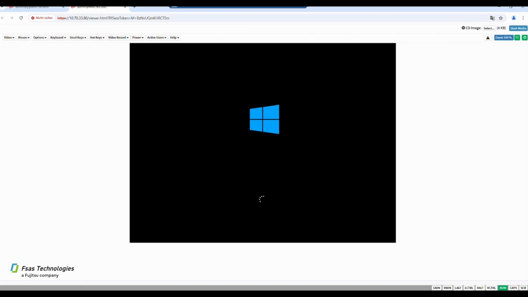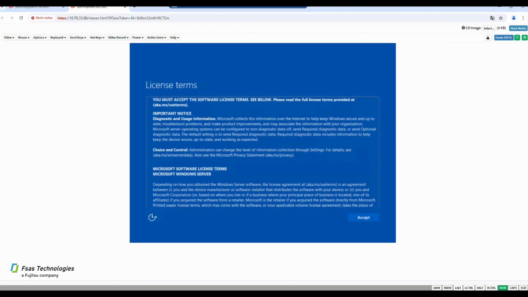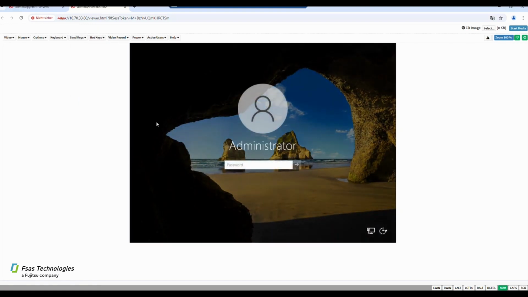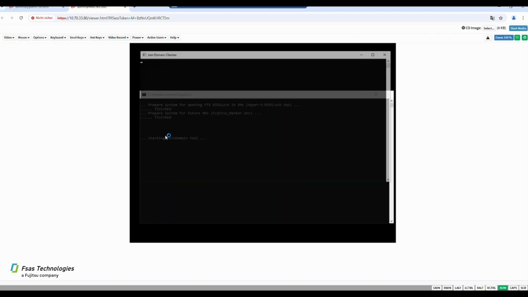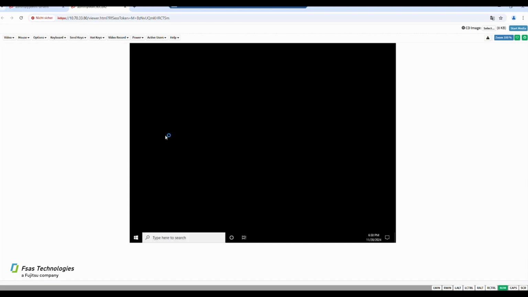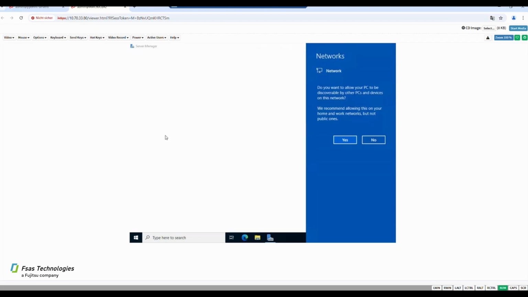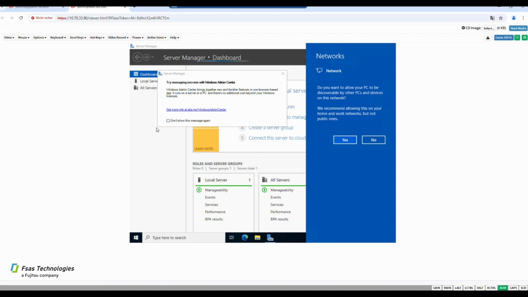The OS will start again. We are almost finished. Please accept the license agreement terms. Log on to the Windows 2022 server for the first time with your user credentials. Confirm the network settings.